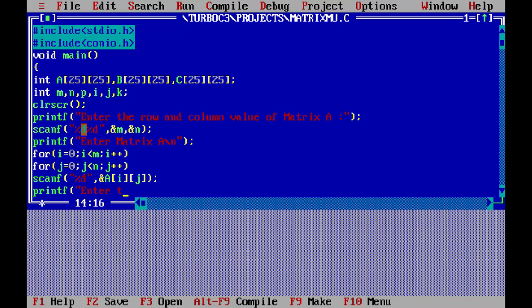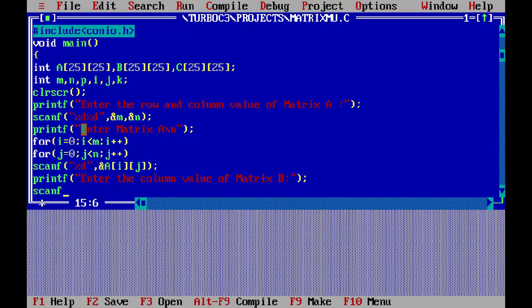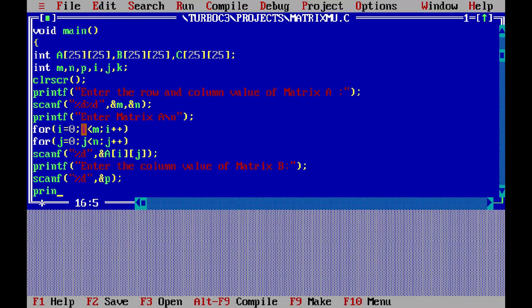Enter the column value of matrix B. scanf %d ampersand P. Here I am using P for the total number of columns in the B matrix. Next I am starting to read the B matrix.